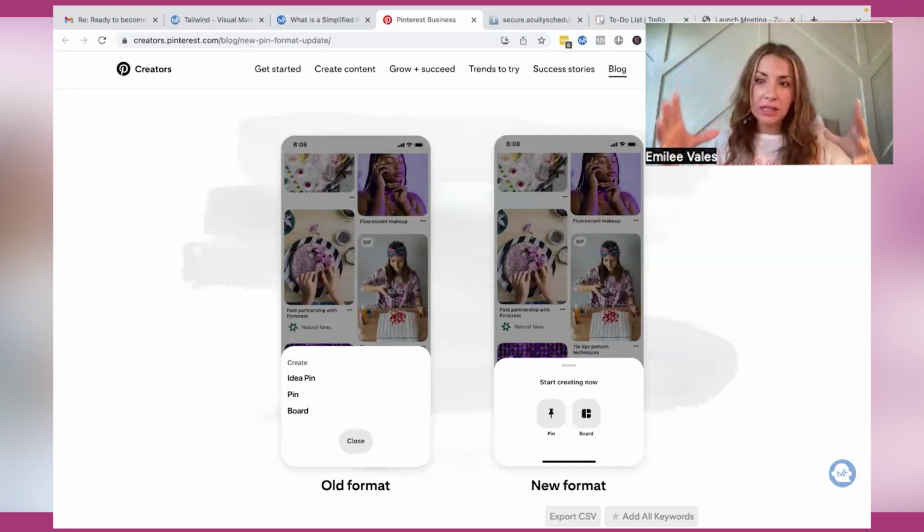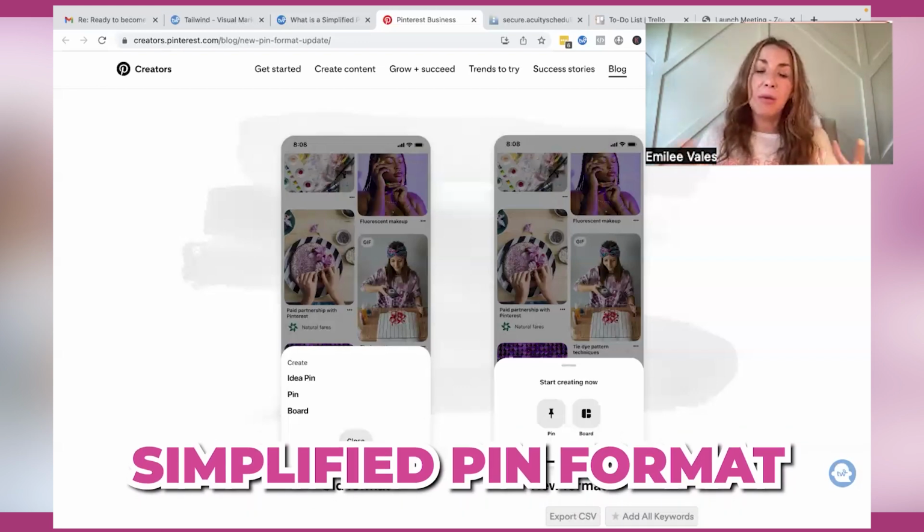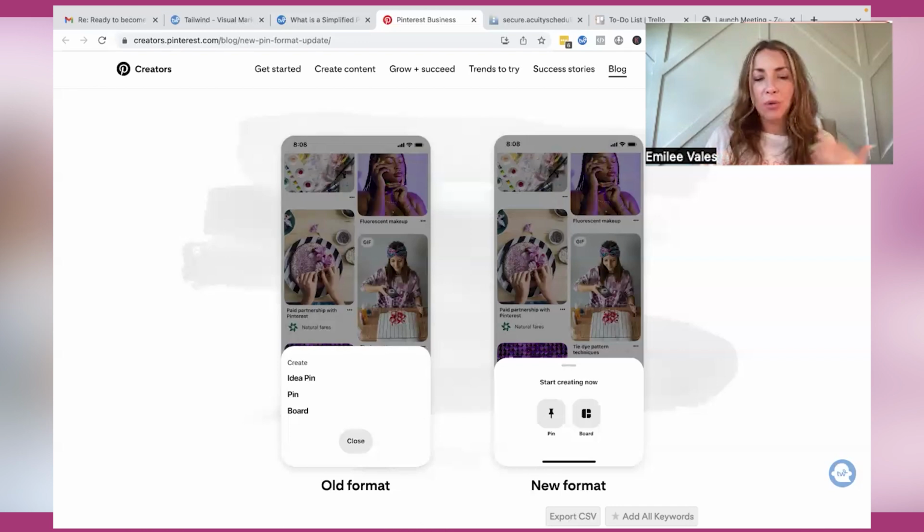And you can think of it as this umbrella that was really all encompassing all pin formats. So we weren't having all these individual pin formats, such as standard pins, video pins, idea pins. So it was really making it simplified, hence the name, the simplified pin format. So I wanted to show you this on Pinterest because I think that it really breaks down the changes, and